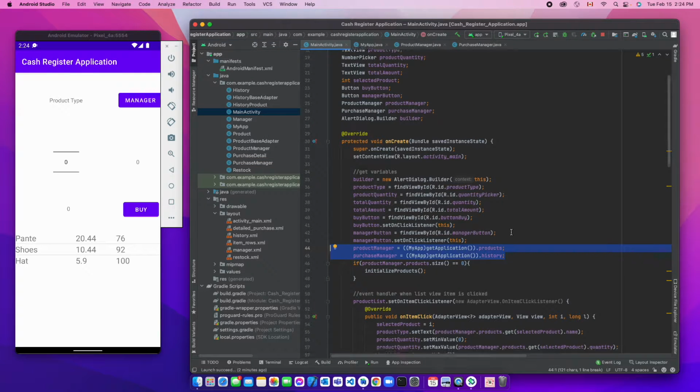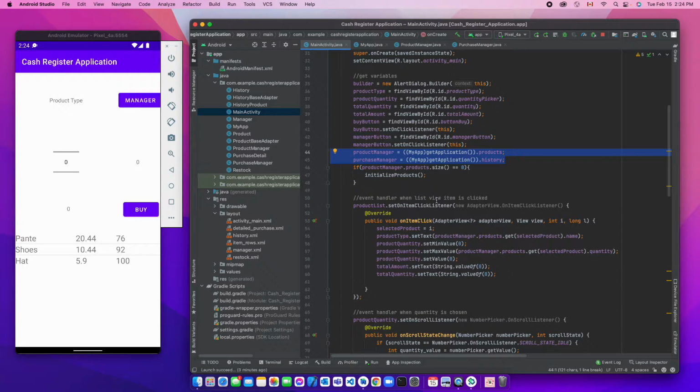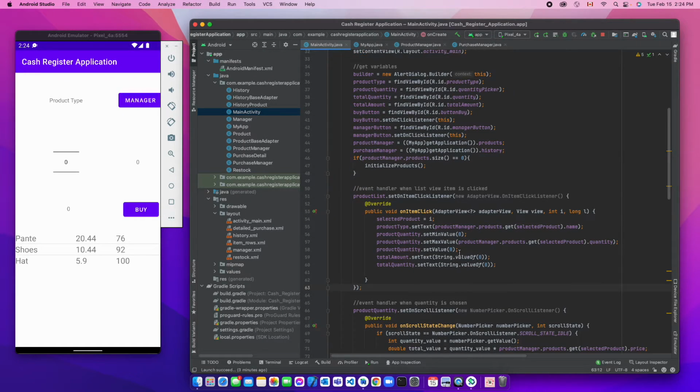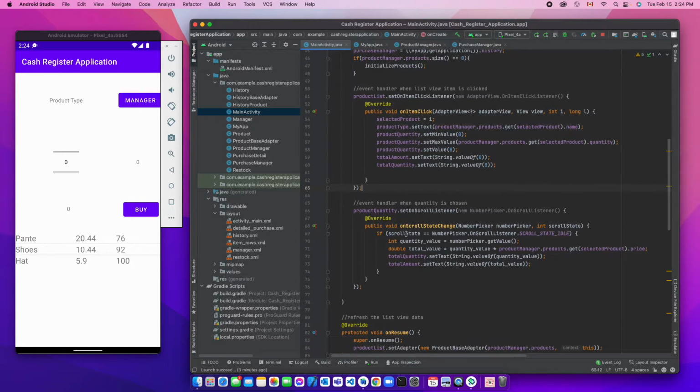So let's go back to the main activity. In onCreate I have an event handler for when the list view item is clicked. When the list view item is clicked, I get the selected product, set the min and max values for the number picker, and set the name for the product type. I also have an event handler for when the quantity is chosen. I use the onScrollStateChange override function for the number picker